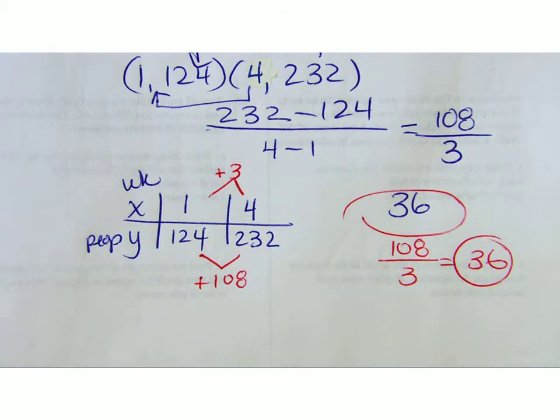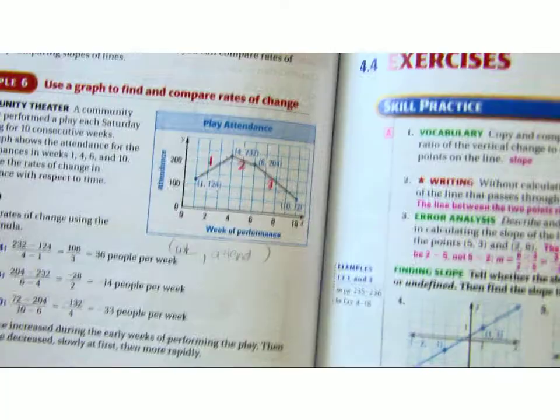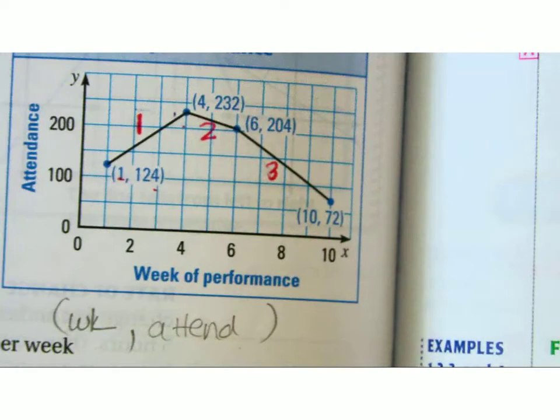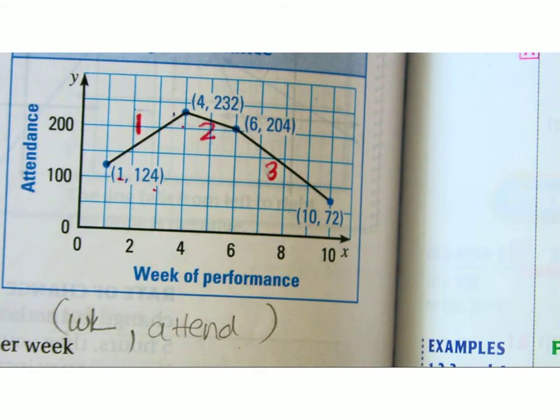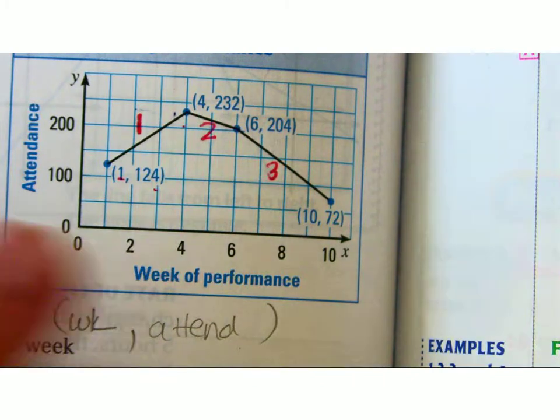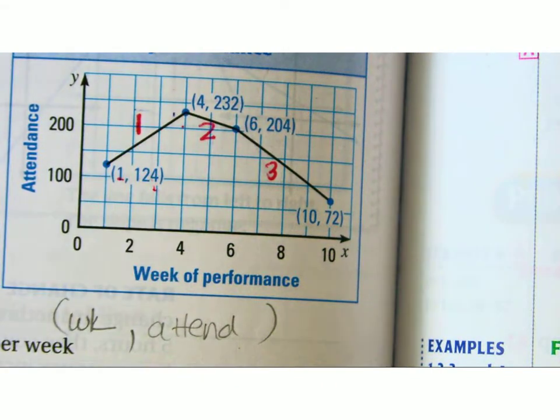Okay, let's take a look then at week 4 to week 6, when the attendance started to decline. If I were to ask you the same thing, from week 4 to week 6, what was the average weekly increase or decrease? Would you know what to do? Yes. You would take those 2 points and either subtract them with the formula or put them in a table. Let me just show you that real quick.